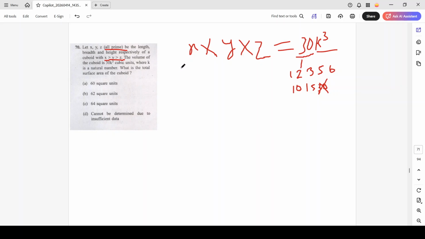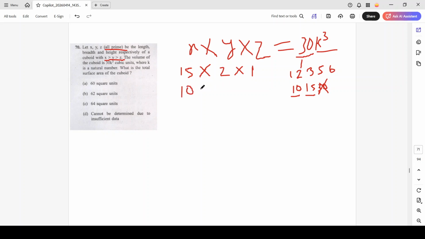If we take 15 here, now what other options do we have? 15 into 2 into 1. This is one possibility. Now if we take 10